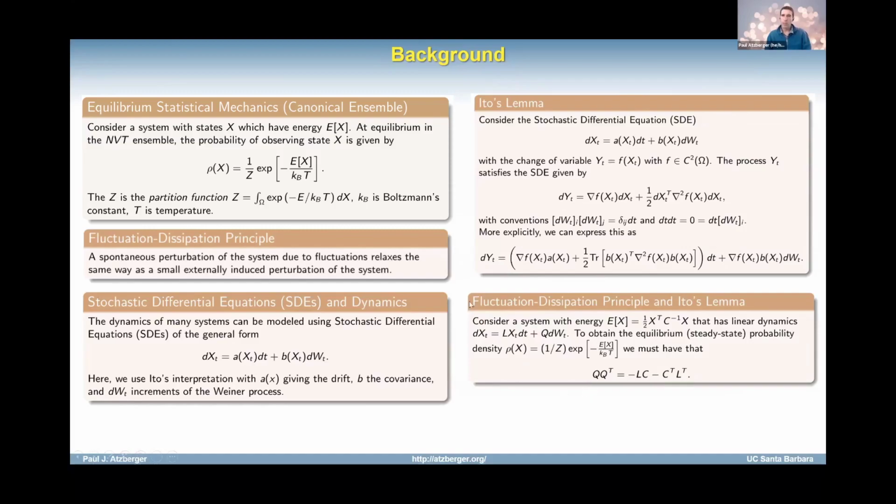So what I'm going to do is use the fluctuation-dissipation principle and combine that with this Ito lemma result effectively to show that if I have a linear stochastic process, so L here you can think of as some negative semi-definite operator, or matrix if you like for now, or if I have a linear stochastic process like this, the question often arises, how do I stochastically force this so that I achieve the appropriate equilibrium statistics?